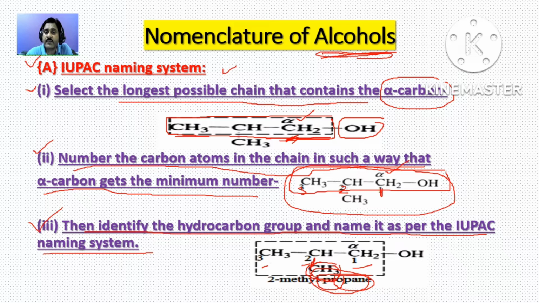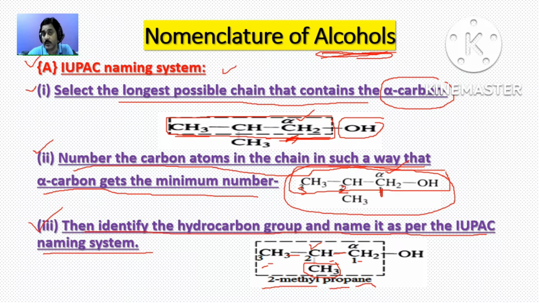So we have to write first the position of the functional group, then the parent carbon name, and ane for single bond. This compound is 2-methyl propane. How is it 2-methyl propane? In that compound, the methyl group is present at the number 2 carbon atom, so it is called 2-methyl. And 1, 2, 3, three carbons are there in total, so it has the word root prop. And there is a single bond between carbon atoms, so we have to add ane as a suffix.